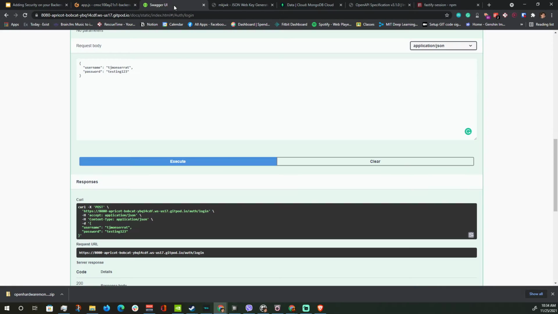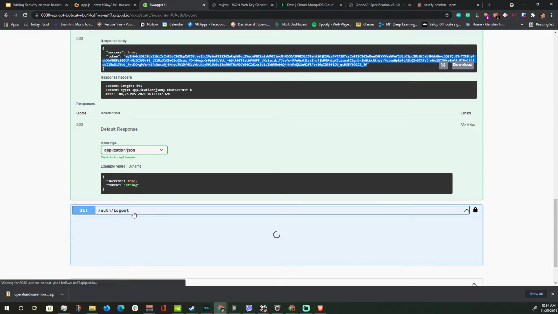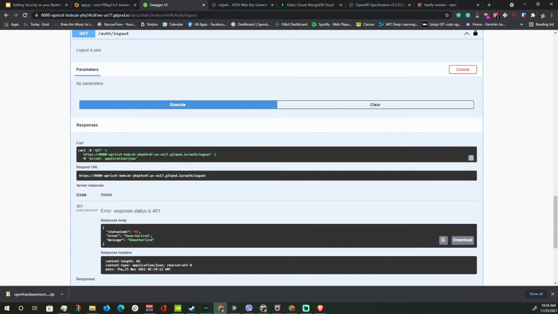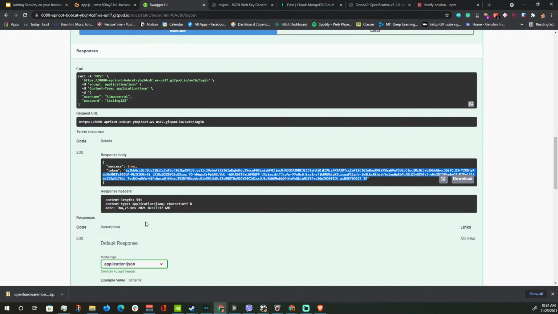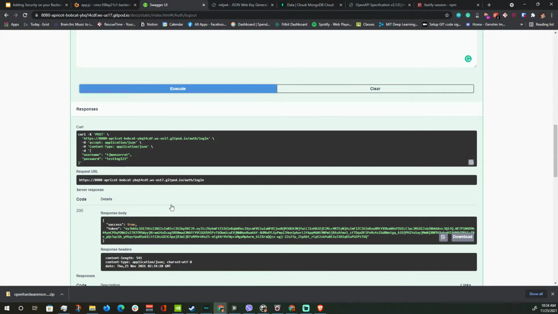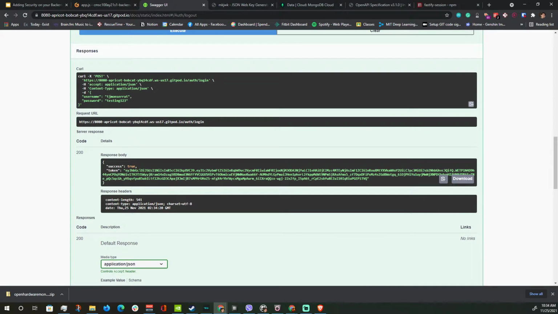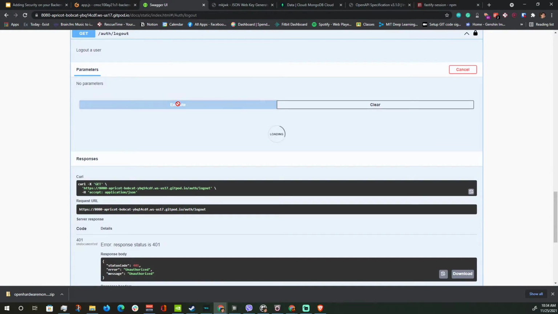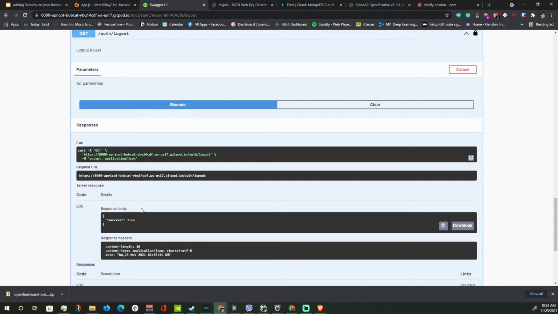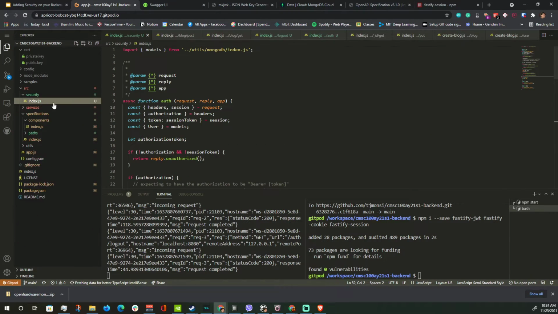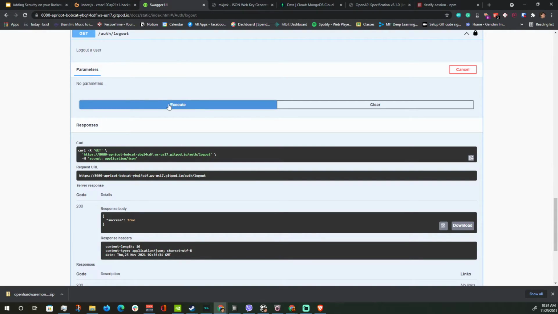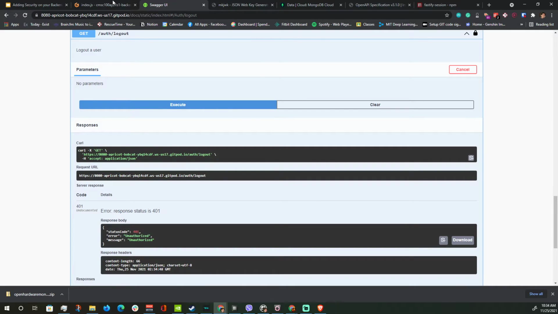Now that is done. Let's see. If we try to log out, it will say that we are unauthorized because we are not logged in. If we try to log in here, we will see that we get the token, but we don't need the token because our cookie has already been set. If we execute it here, it will say success true because we have the cookie. We got the cookie, and then if we try to log out again,